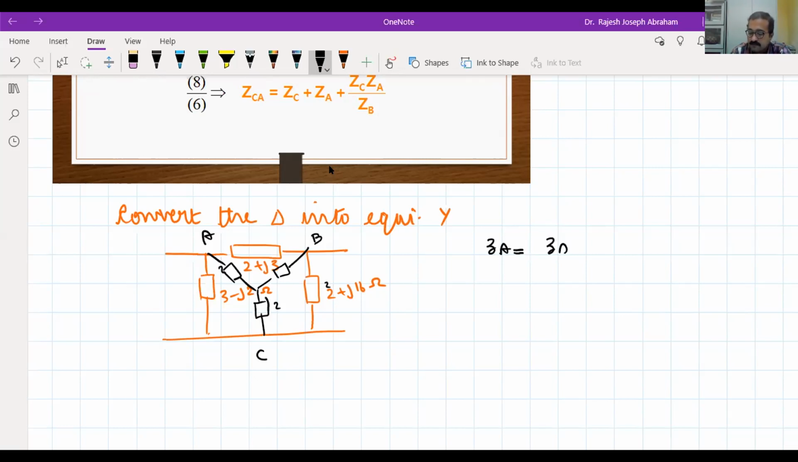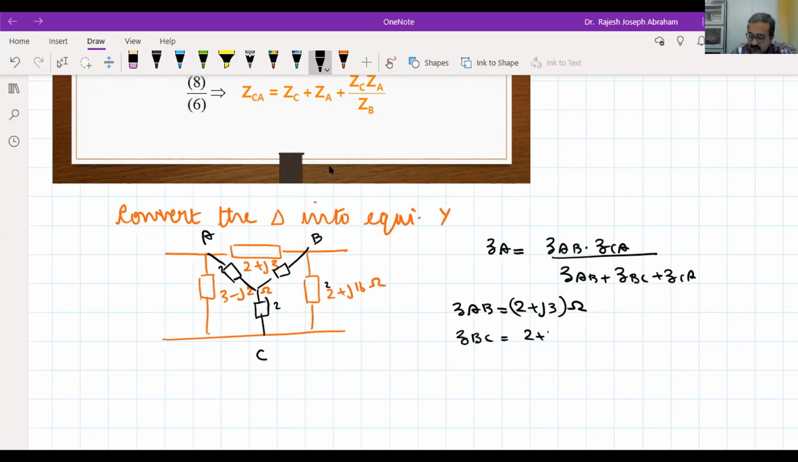So ZA = ZAB into ZCA divided by ZAB plus ZBC plus ZCA. We know the values of ZAB, ZBC, ZCA. Between A and B, we have 2 plus j3 ohms. Between B and C, we have 2 plus j16 ohms. And between C and A, we have 3 minus j2 ohms. You can just substitute and find. If you solve this, you will get your ZA as